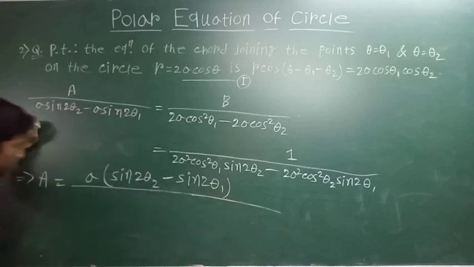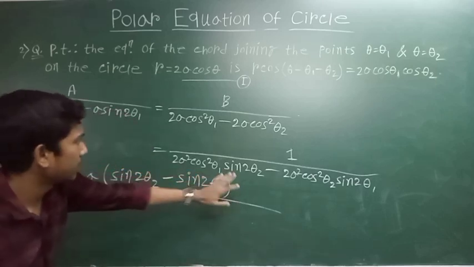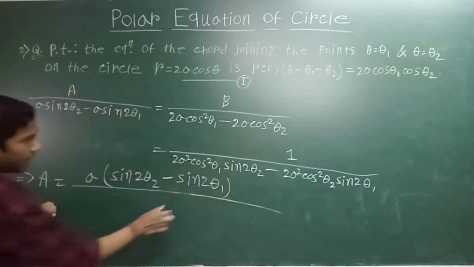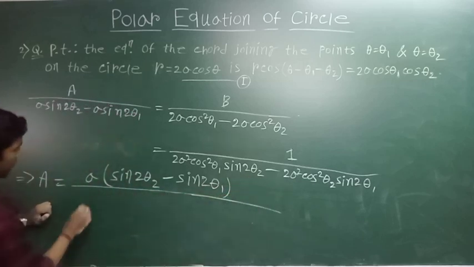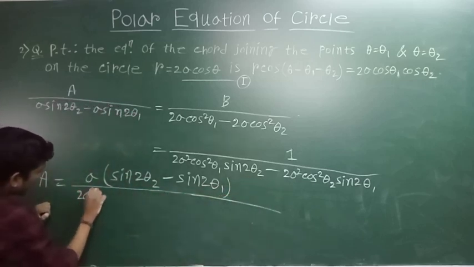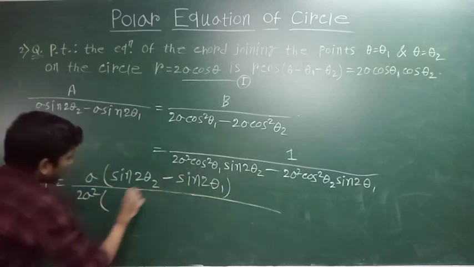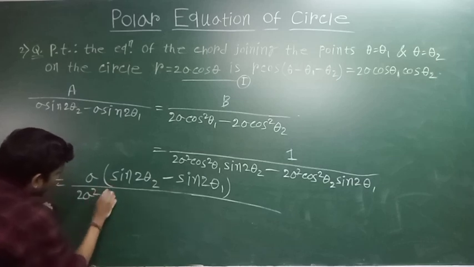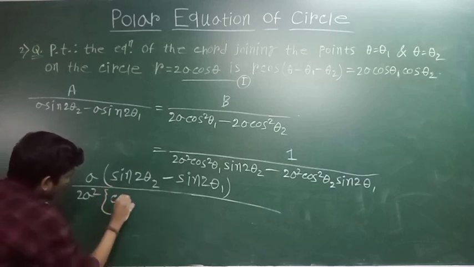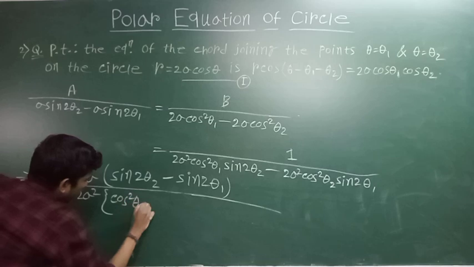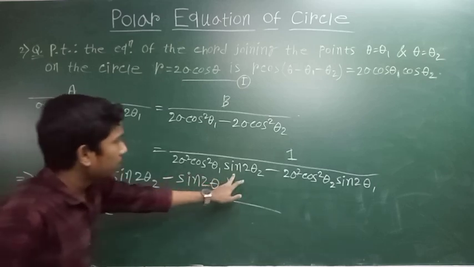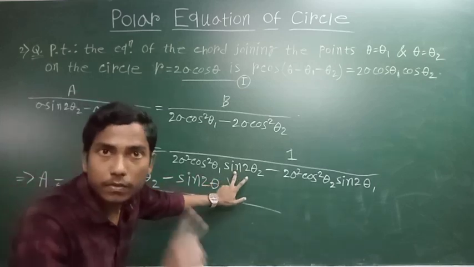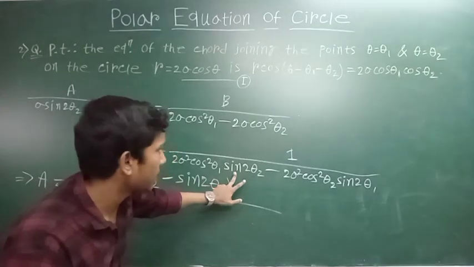Okay, this divided by this quantity, this is the denominator, and we will take 2a square common from the denominator. So 2a square into cos square theta 1 into, now sin 2 theta 2 means 2 sin theta 2 into cos theta 2, we can write this, so